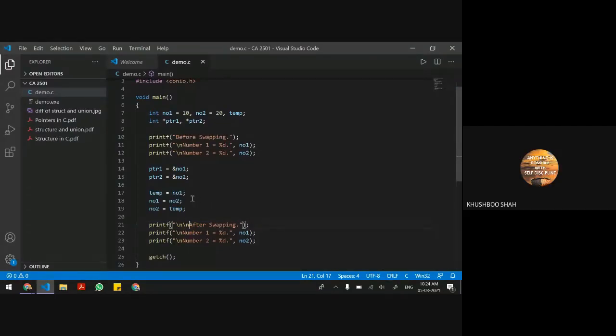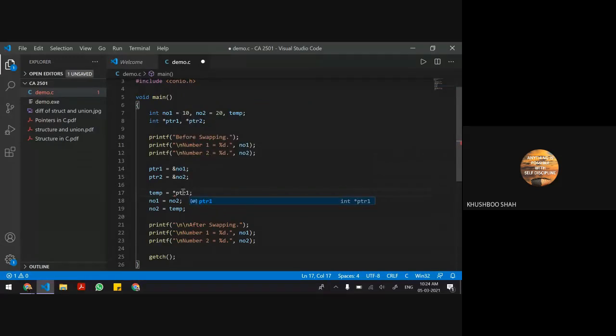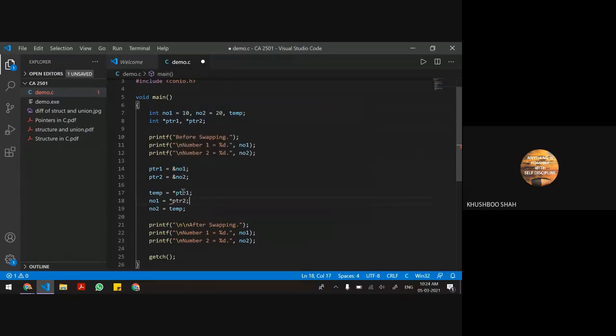Instead of NO1, we will write asterisk PTR1 and NO2. The same at the left side. Asterisk PTR1 and asterisk PTR2.